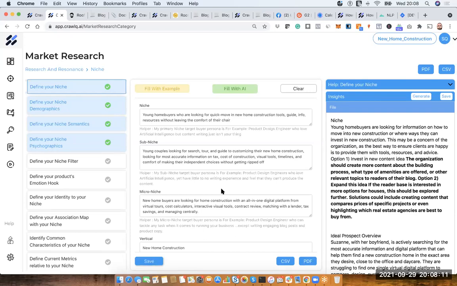They're looking for accurate information on costs of construction. They also want some visual tools where they can draw it on the screen. They're also interested in what timelines there will be if they want to get into this new home construction thing, and they want to do all this in the comfort of making their independent choices, without obviously getting ripped off. So the whole purpose behind this would be, again, either